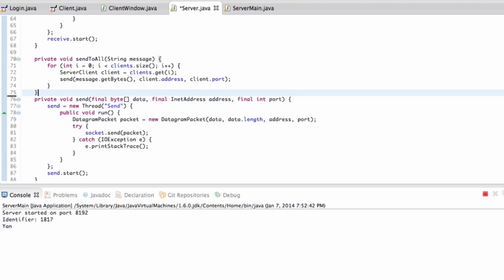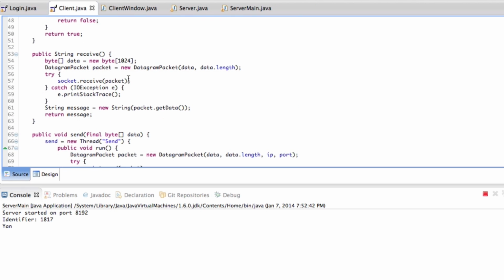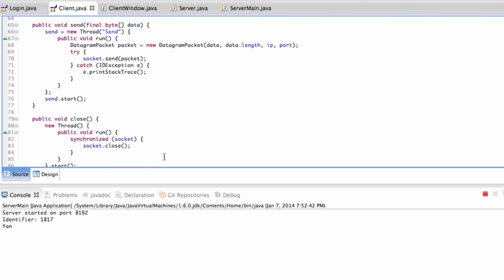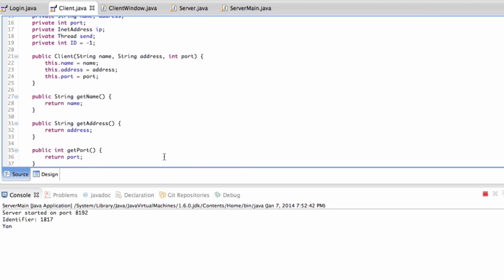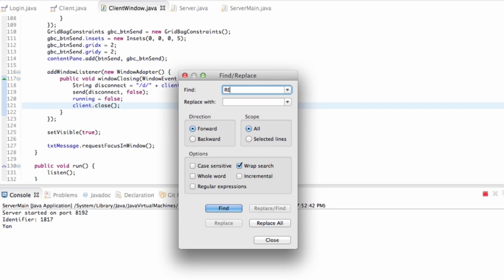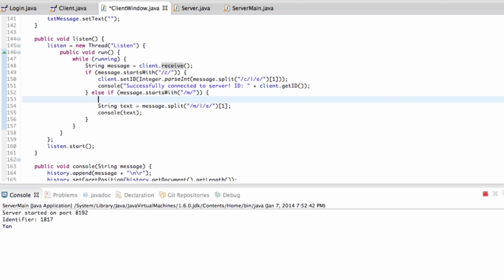And once the client gets that, what the client does is in the receive, let's see, so we return the message. So wherever we do that, before we print it to the console essentially, that's what client window does. So let's find the receive in here real quick. Receive. Okay, so clients.receive. So if message starts with M, what we do here is we get the message, which is that,